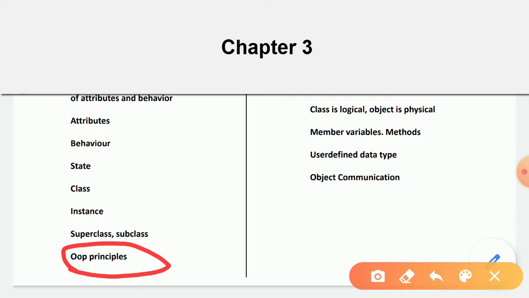The features which are not that important for the user are hidden, whereas the interface is visible. So this is abstraction. You know that when you move the steering wheel towards the left, the car will go towards the left. You know that when you move the steering wheel towards the right, the car will go right. So you know how to use the car, but you don't know how the car is working. So this is known as abstraction.